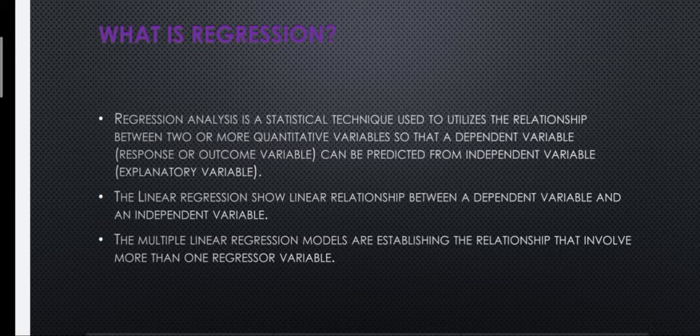So macam mana kita nak tengok linear relationship between the dependent and independent variable, between your y and x? First of all, we can draw the scatter diagram, and from that we can see the pattern, whether it is linear or ada curve, right? So itu that is the first method nak tengok whether our data is linear or not. Another one, we also can use the test dipanggil correlation test to see whether our data ataupun our variable have the significant linear relationship between the two